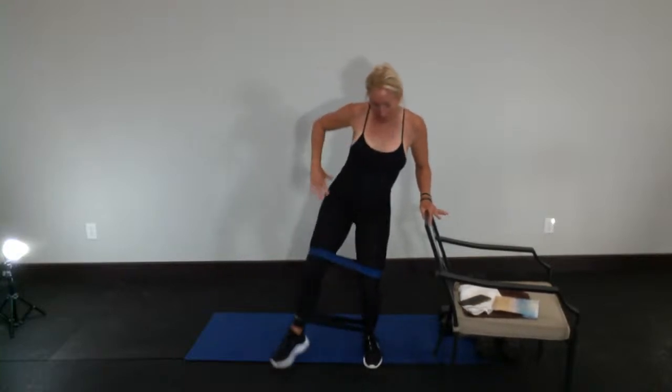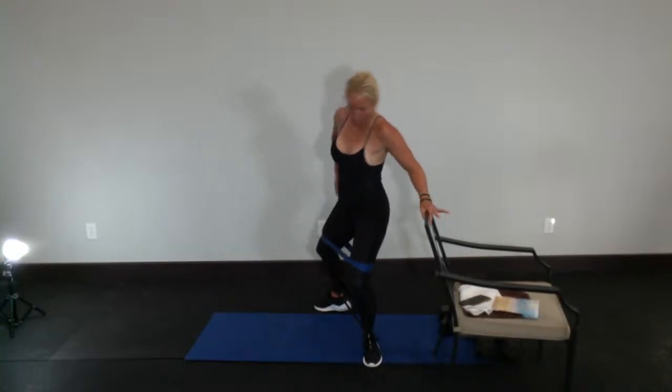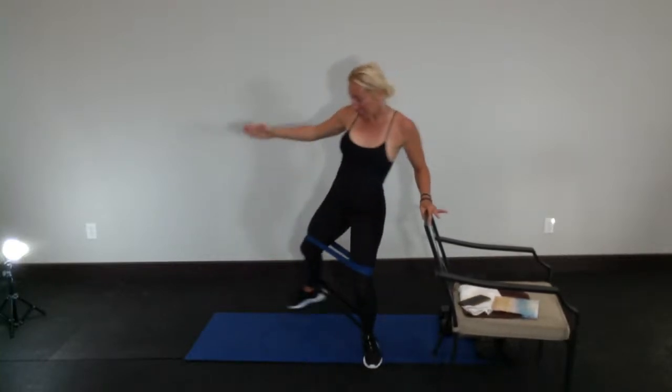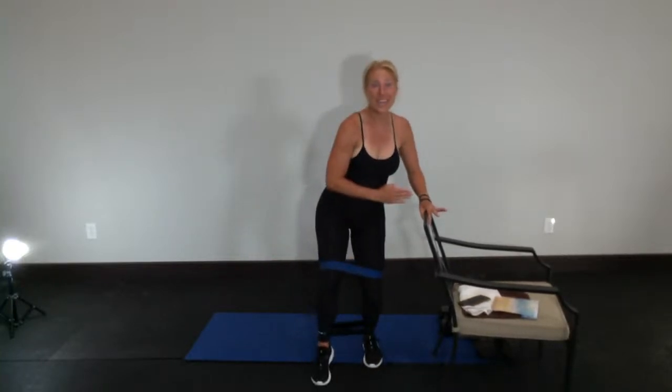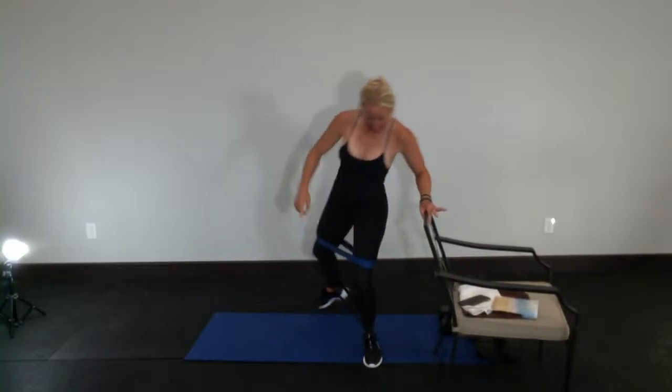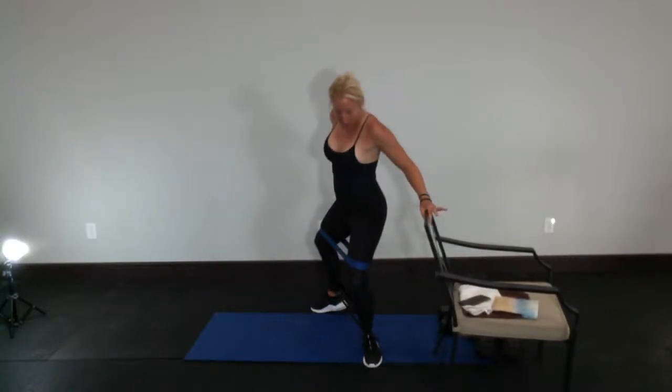Push that door open. All right, keep those legs as far apart as you can. Big load of tension on that supporting leg. And we're gonna do 10,